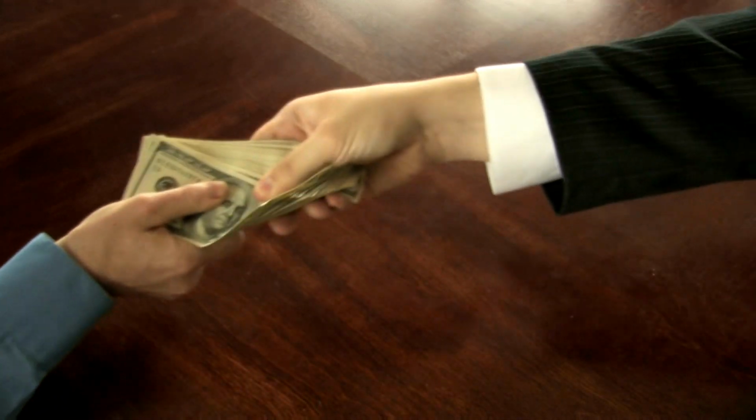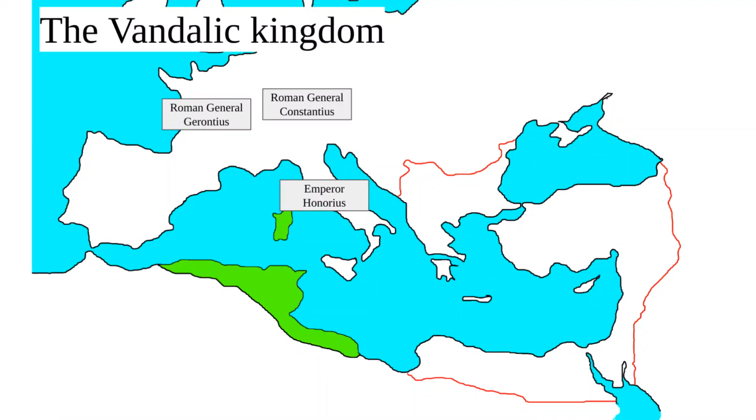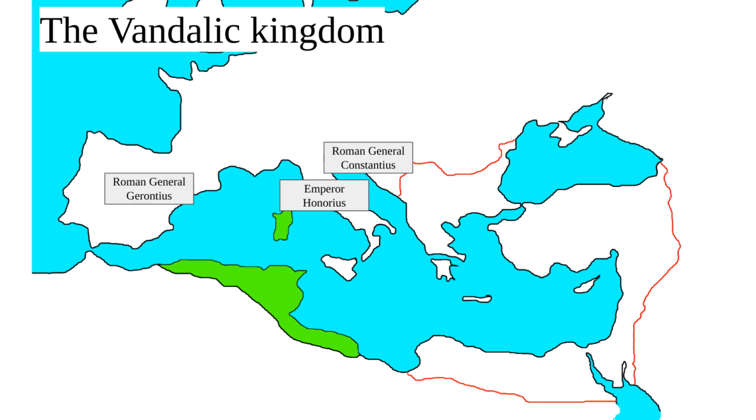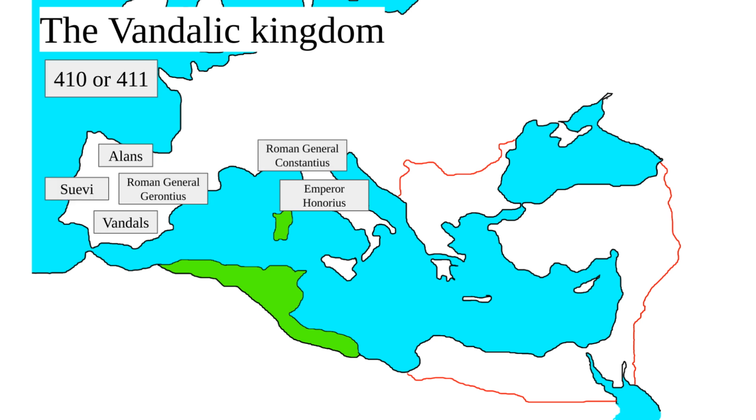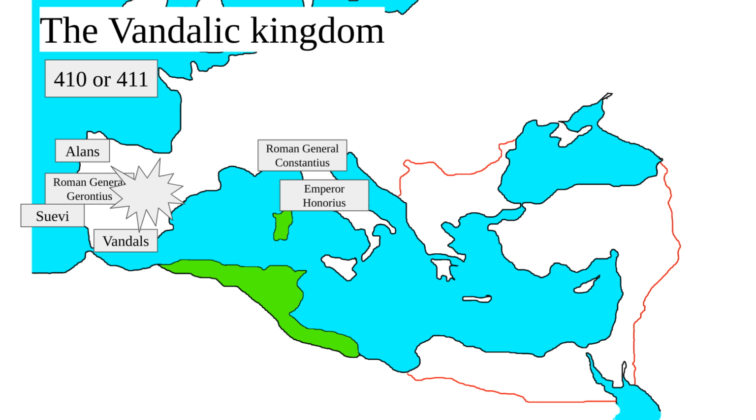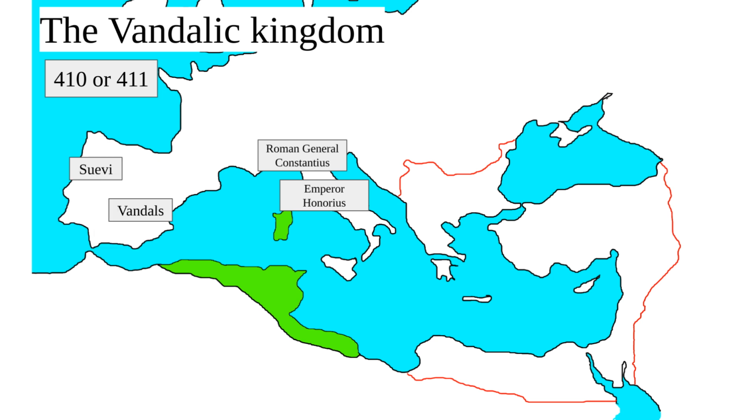To make Gerontius' revolt short, Constantine III and Gerontius revolted against Emperor Honorius, but Constantine and Emperor Honorius made a deal, and probably Constantine left Gerontius out in the cold, and that is why he decided to revolt or keep the revolt going. But he didn't have enough manpower, so he asked some Germanic tribes for help, among which were the Vandals. But the revolt failed, and the Vandals just escaped and stayed in Hispania, just going around.